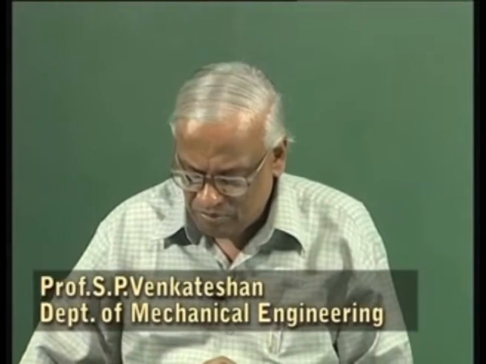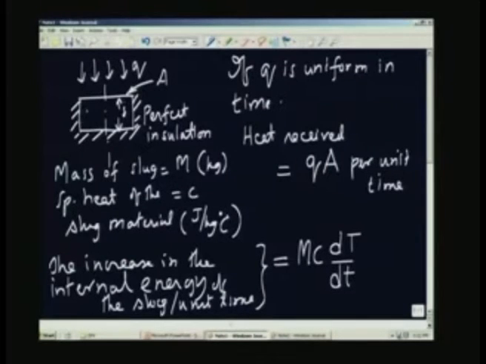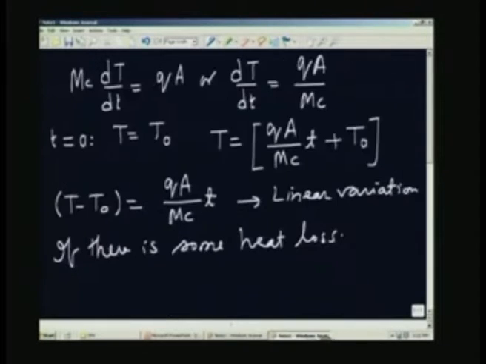If you go back to the previous note here, the heat loss may actually take place all around, in the region surrounding the slug in all directions. But what I will do is equate it to an equivalent heat loss per unit area from the top surface. I will base it on the area A which is receiving the heat. Therefore, I will adjust the coefficient such that the heat loss to the surroundings is given by,